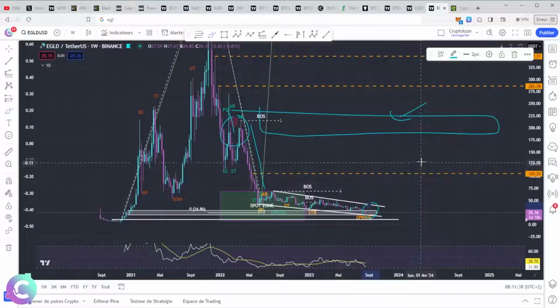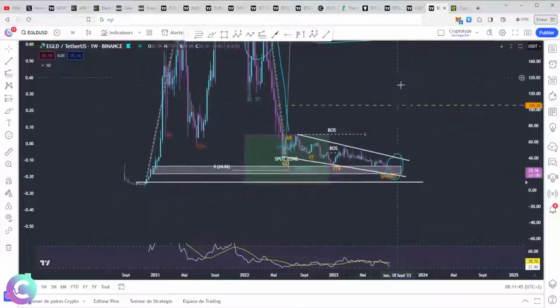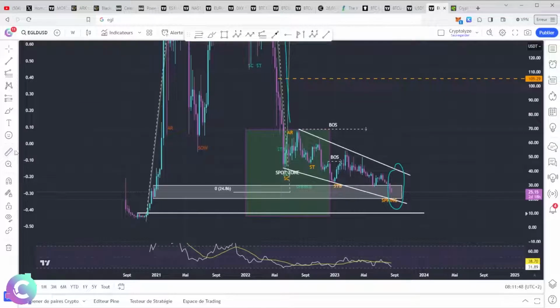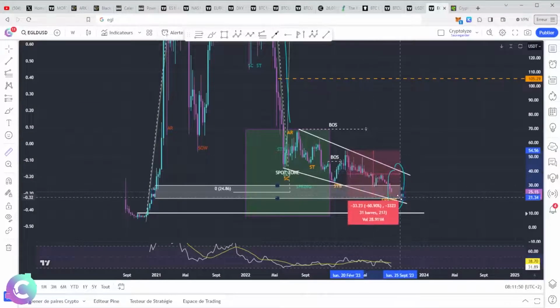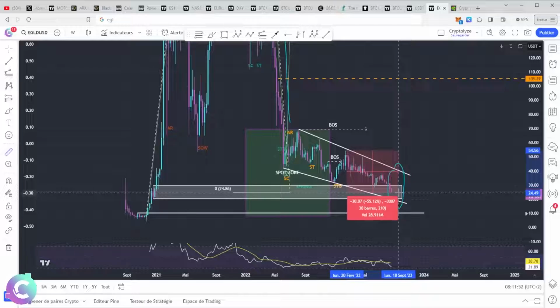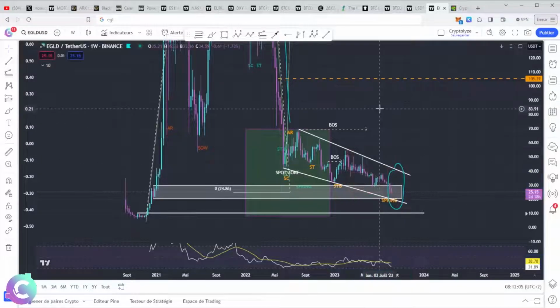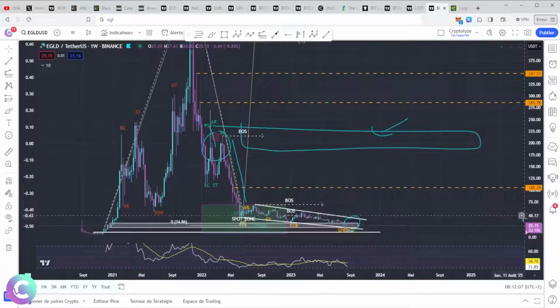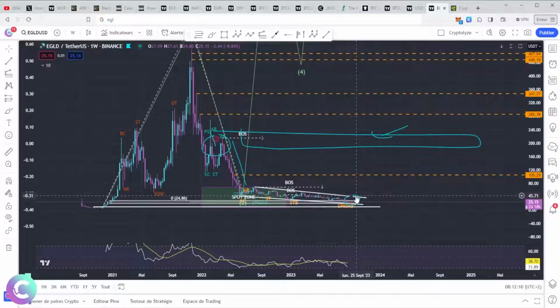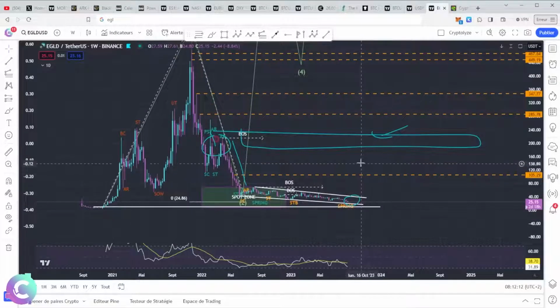Through the lethargy of the market, inevitably, we have, when we believe that overall, how much have we made? We are here. We are going to go back there. You will understand why we also have a capitulation: it is that we have this lethargy, which has been present for some time. And we have had a fall of minus 55% in 180 days, okay? We spent 180 days bearish on GLD while the whole market was holding itself more or less correctly. So it's very hard to hold, and especially since there we have a bearish acceleration and we have a reversal of the BTC market. So it's logical that behind we have capitulation phases at the GLD level and so on.